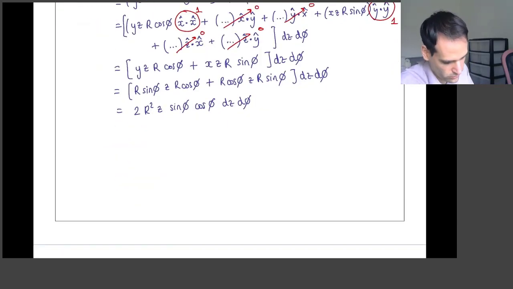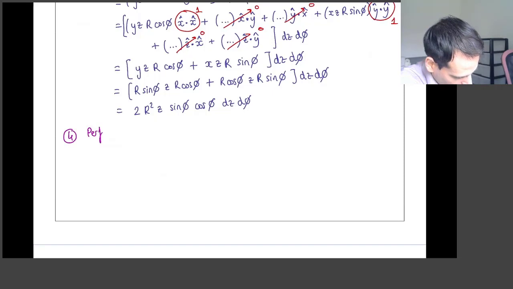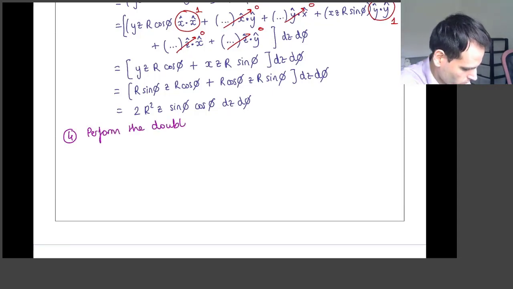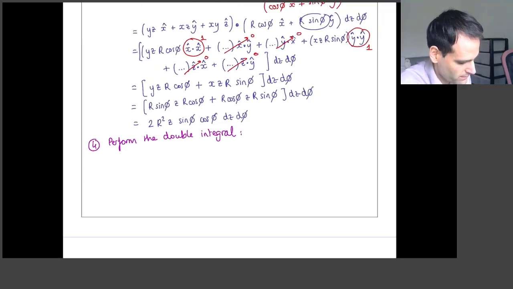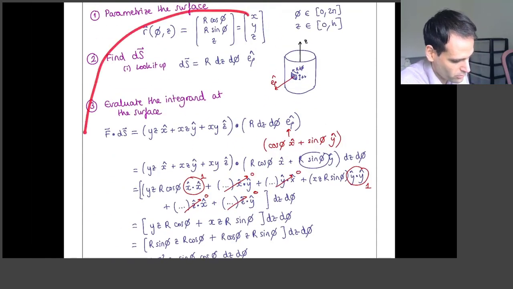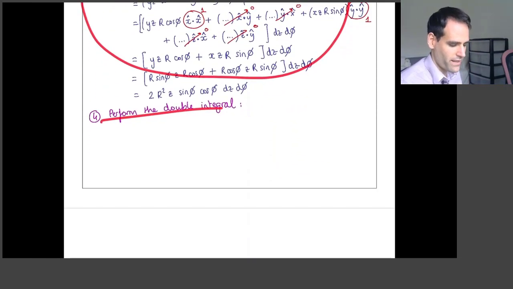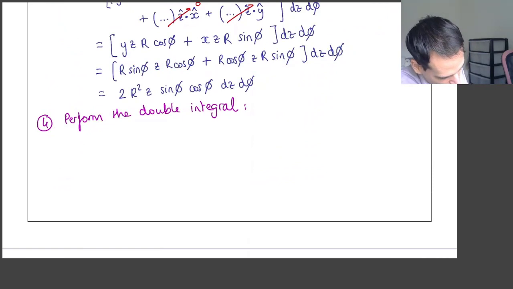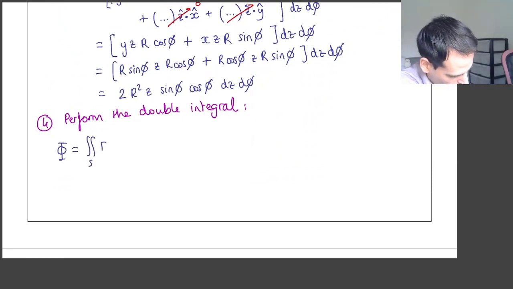So now we go to the fourth and final step: perform the double integral. And maybe now you appreciate why I insist so much that this last step is the easy one. You really need to make sure that you made all of the previous 3 steps correctly. Okay? So now the flux is the double integral of F dot dS,